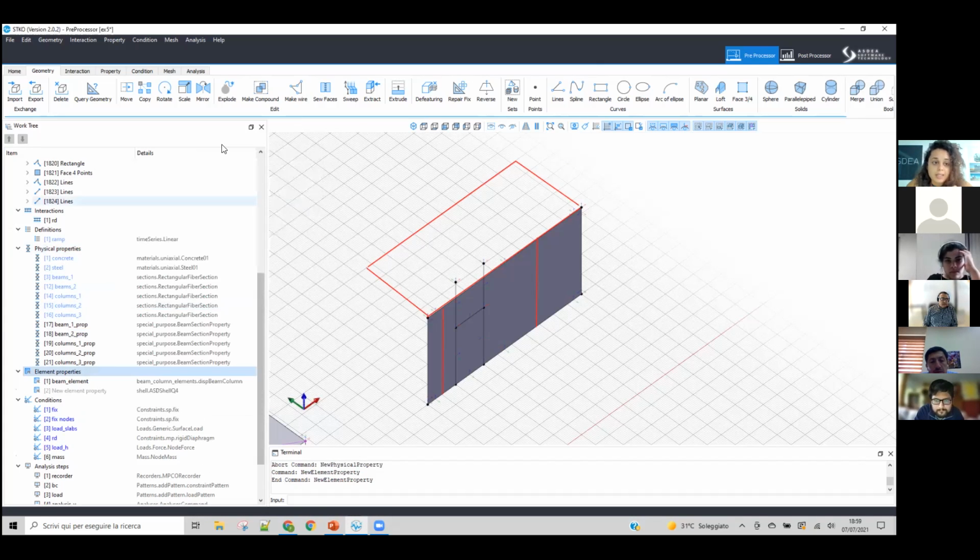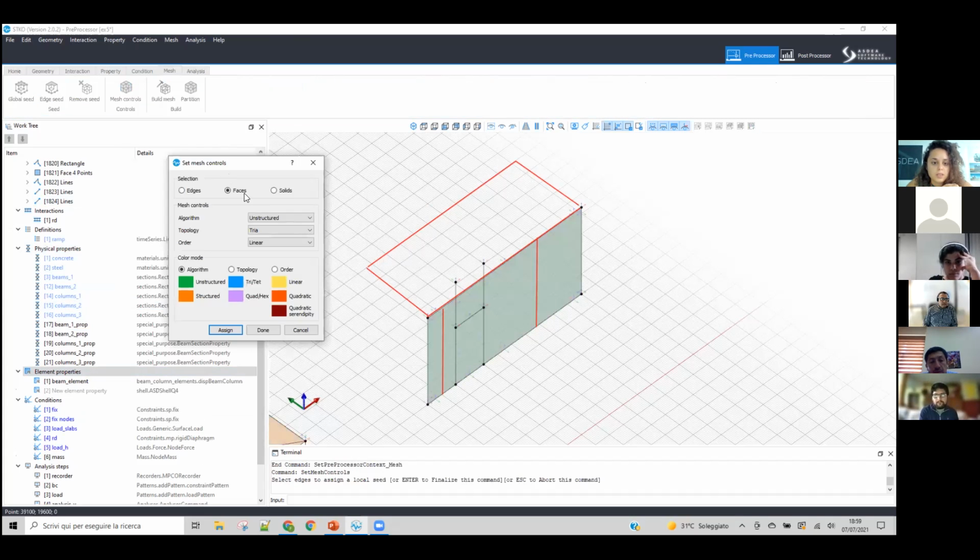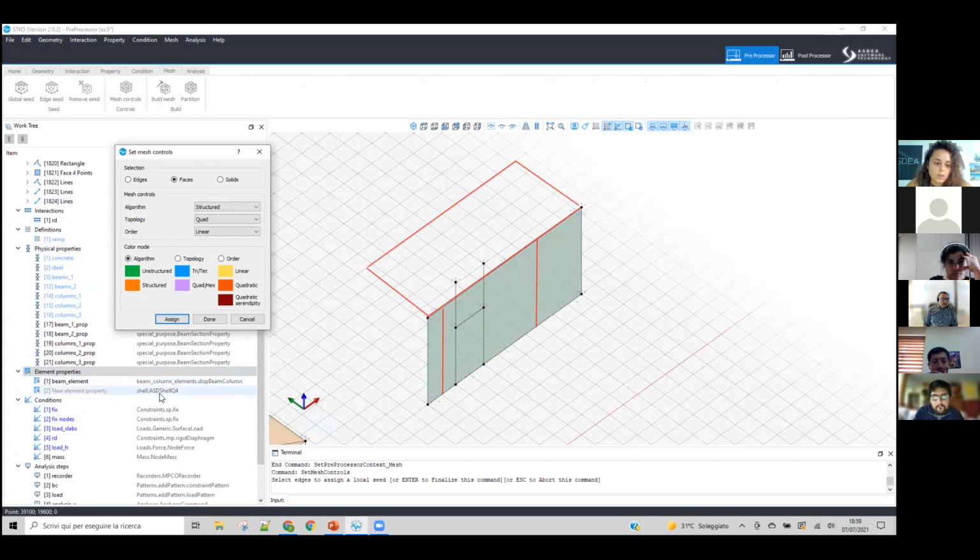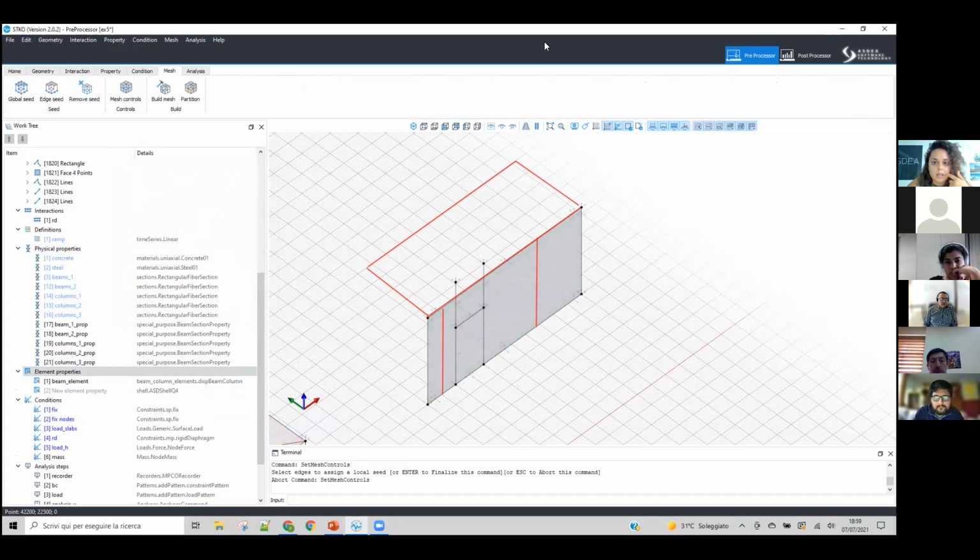And that's it. The important thing is that you mesh it with the mesh controls of the faces to be structured and quadrilateral, because the shell Q4 is a quadrilateral element, so you need a quadrilateral mesh. You apply the mass to that face and the stiffness that you want to apply to your flexible diaphragm, and mesh everything, and the nodes that will end up in the middle, because of course, in this case, you're gonna have,